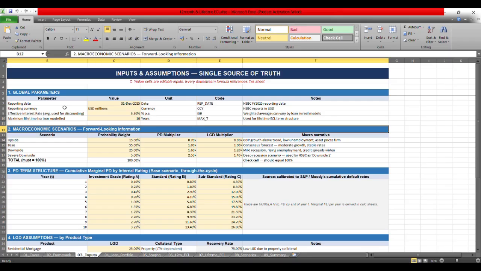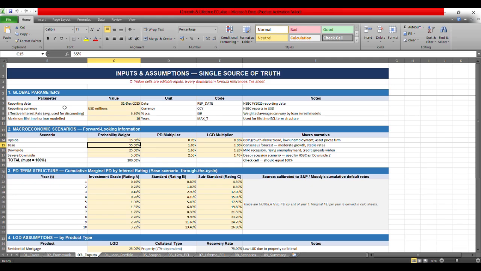Next is the macroeconomic scenarios, and that is where IFRS 9 gets really interesting. The standard says that you can't just use your best guess for the future. You have to consider multiple scenarios and weigh them by probability, and then you will blend these results. So here I have applied 4 scenarios. Usually we do take 3, but I just want to look at how the portfolio will look if I take a 4th severe downside scenario.